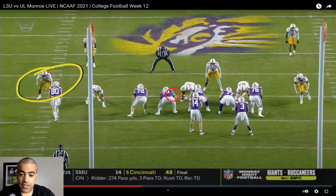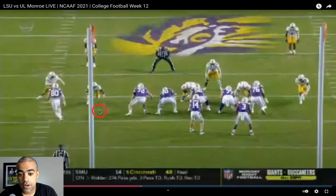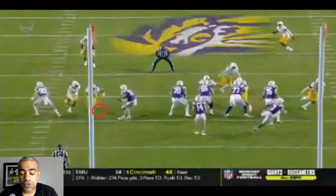Maybe Jack needs to yell and let them know, hey, he's coming. What a lot of teams do is they'll point and say, look, this guy is showing blitz. And you need to just scream it if you're Jack Besh. You need to scream this. If you're Max, you need to get up to the line and say, look, this guy is coming hot. So maybe this isn't on Ed. Maybe someone else was supposed to make a call here. But nevertheless, this was the only